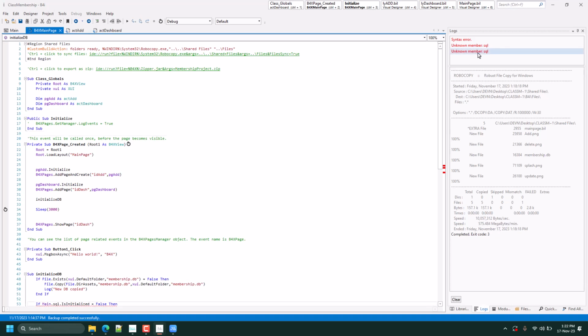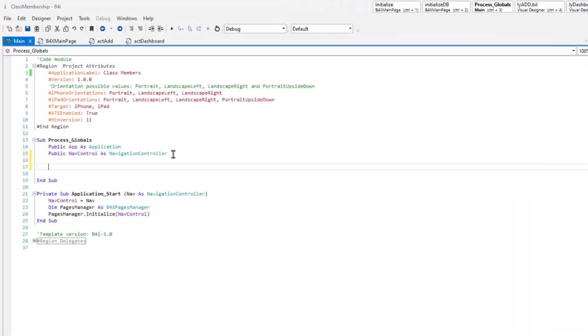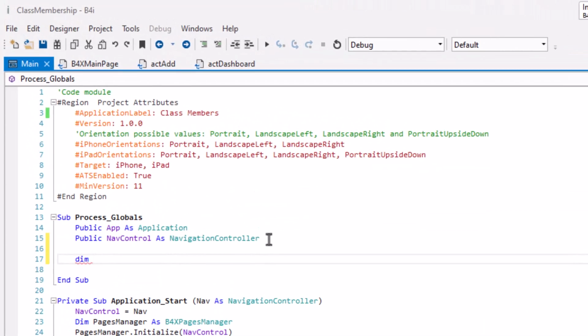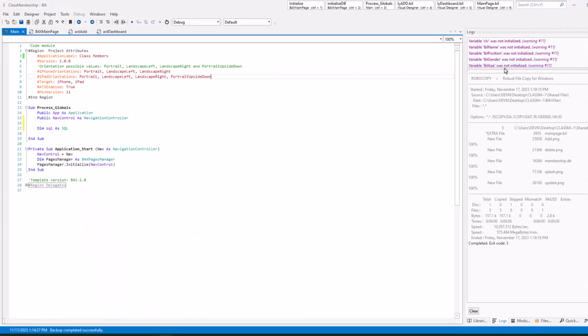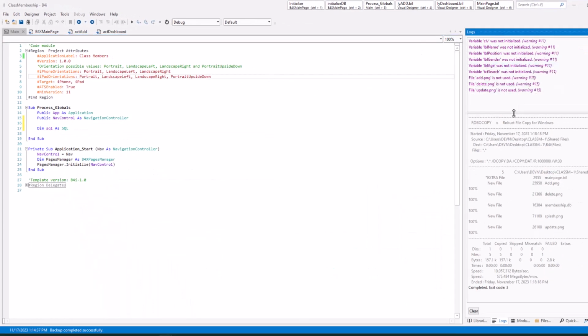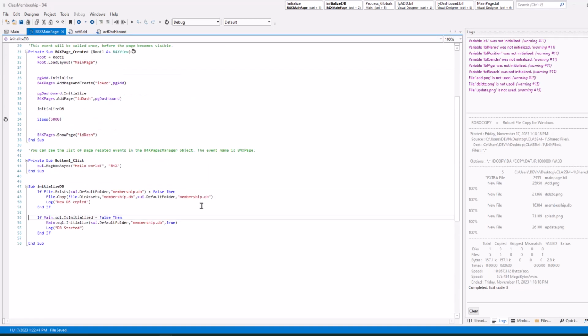The first thing we can see is SQL is not a member, which means we declared it in main. Main usually is not copied, so let's declare it here as well. Dim SQL as SQL. Good. Now that we have that, let's check the main page. Everything looks good.